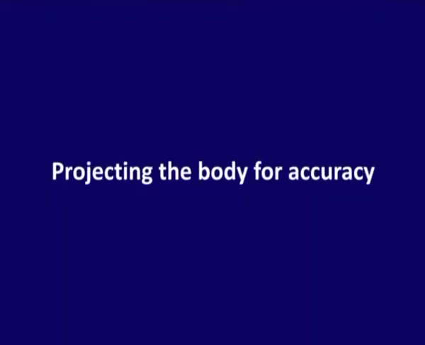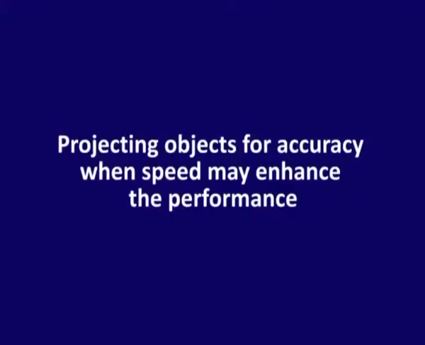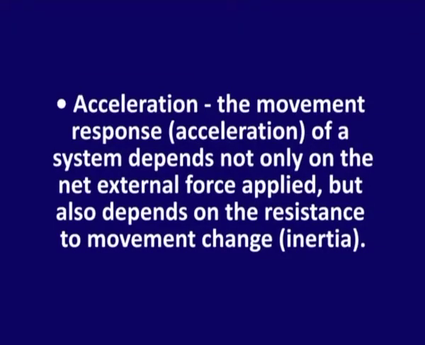Projecting the body for accuracy. For moving or positioning the body or its segments to achieve an ideal or model performance by body maneuvers, the performer projects the body's center of gravity to an imaginary target point in space. Projecting objects for accuracy when speed may enhance the performance, the performer must increase the angle of projection for slower projection speeds. Acceleration. The movement response, that is the acceleration of a system, depends not only on the net external